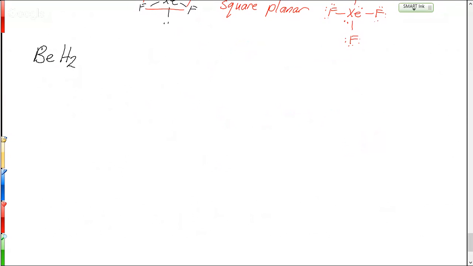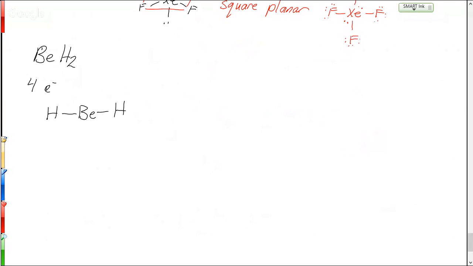And this is good review for the Chapter 9 stuff for the quiz tomorrow. So we'd say beryllium has 2 electrons. Each hydrogen has 1. So that's 4 total valence electrons. We connect this thing together. That's 4 electrons, so that's it. No more electrons left. Beryllium doesn't have an octet, but that's okay because beryllium is an exception where it doesn't